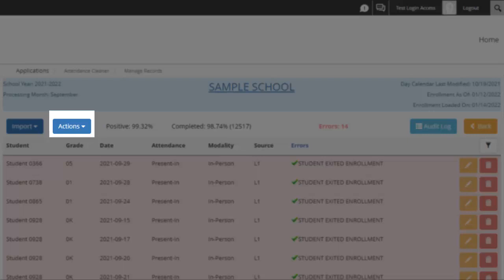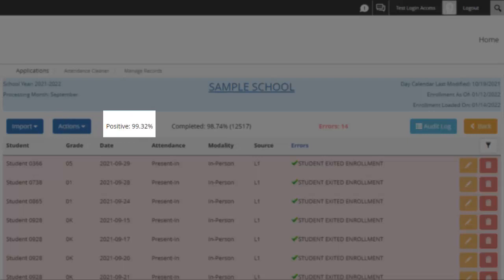It is suggested and encouraged that you perform a full error check before you export to Level 0, as this will catch any errors that were created by New York City submitting updated data after you initially created your attendance records. Exporting to Level 0 can only be performed when you have no errors and your completion rate is at 100%. Once you export to Level 0, the month you are currently working on will be closed for editing. Any future edits will need to be performed within the Level 0 portal. Next, you will see the